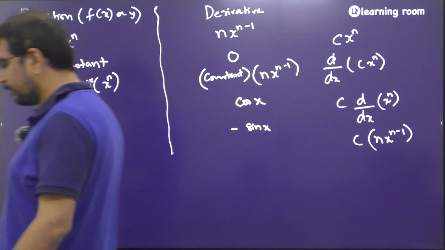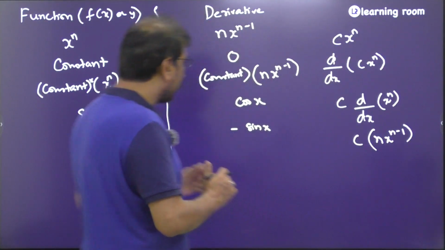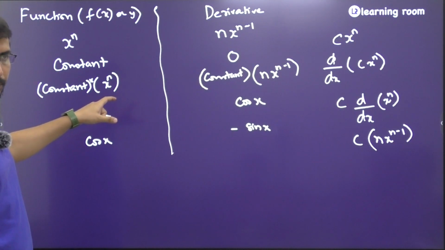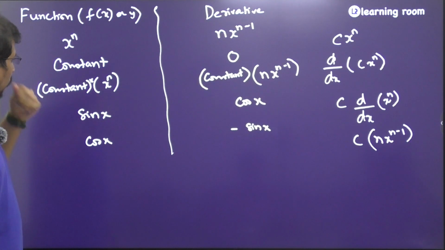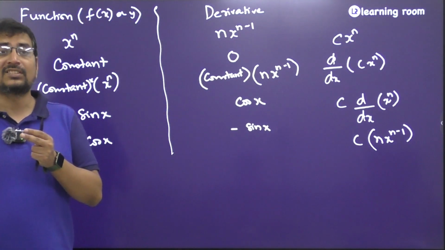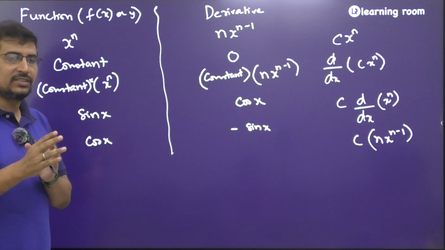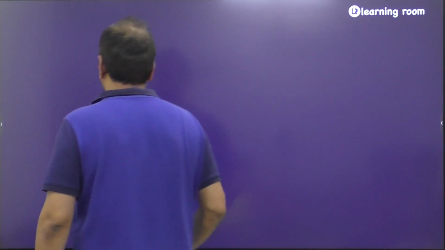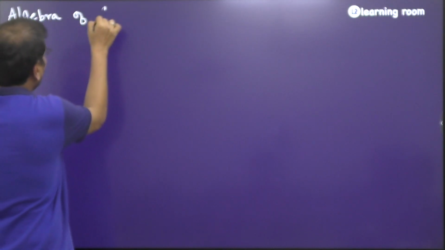Now, sometimes what happens is, like how a constant is getting multiplied with a function. X power n is a function. Accepted? X is a variable. That variable is raised to the power n. It's some function. So it is not always necessary that you will have only x power n, or only a constant, or a constant multiplied with x power n. Sometimes there can be an algebraic operation taking place between two functions. For example, that we call the algebra of